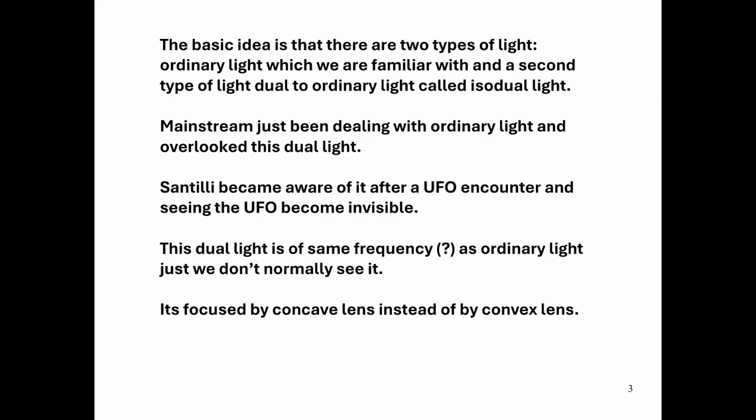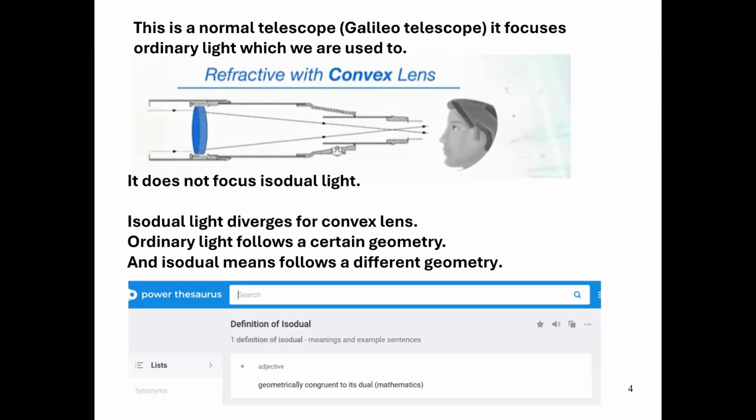So it seems, based on what we're doing, that there are two types of light. And so the dual light is focused by the concave lens instead of by the convex lens. That's because, according to Santilli, the refractive index is inverse for the dual light compared to regular light. Yeah, I was hoping to avoid all those complications